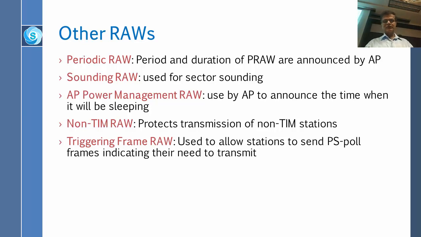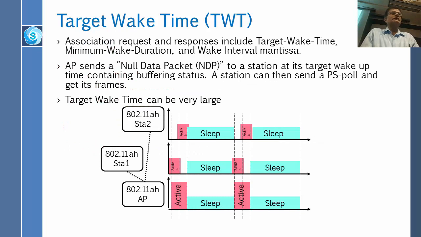But here PS poll is used to indicate your need to transmit. You can also indicate your need to receive. You're up to receive. So these are all reserved periods. Basically, CFP, the contention-free period, has many applications, and 5 of these are listed here. One we saw before, which was just for TIM station transmit. For the stations which are not TIM,